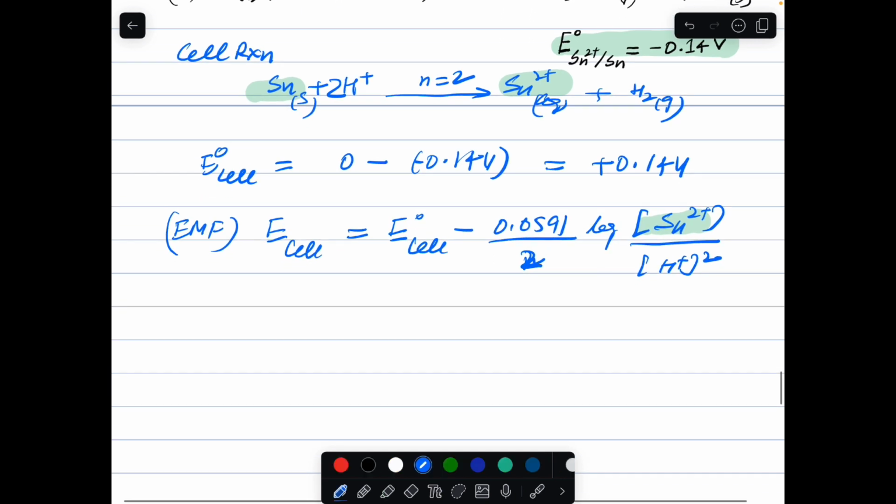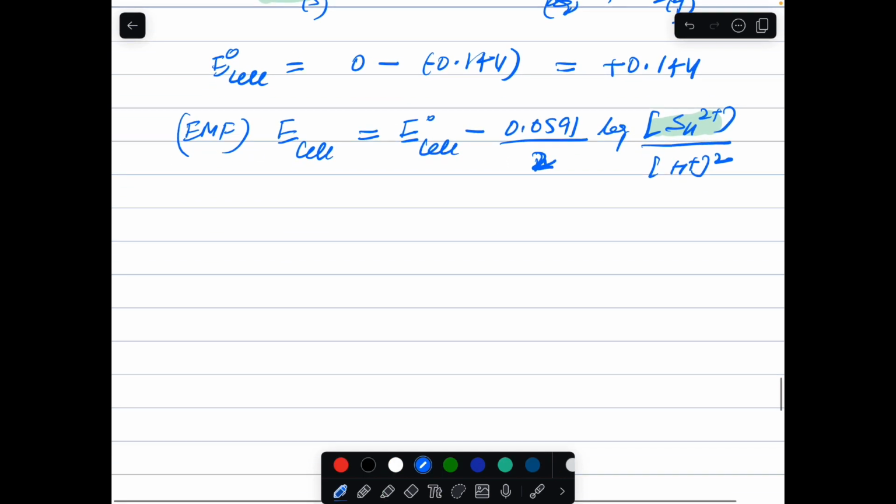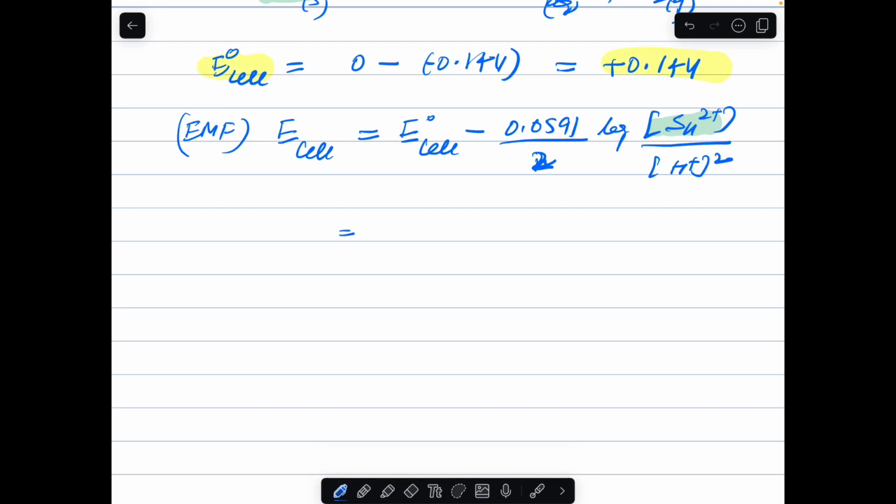So we will put down the rest of the values and then we will calculate this value, that is E naught cell value we have calculated here. So we will put down this value here and we will get your E naught cell is 0.14 minus 0.0591 divided by 2 log of the concentration. We will put down 0.050, it is given in your question, divided by